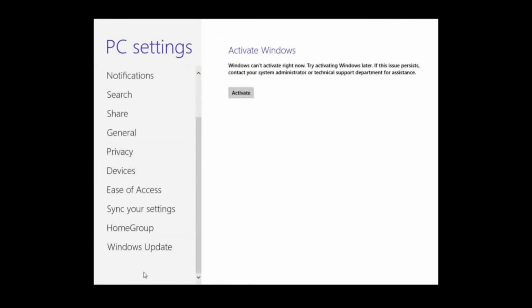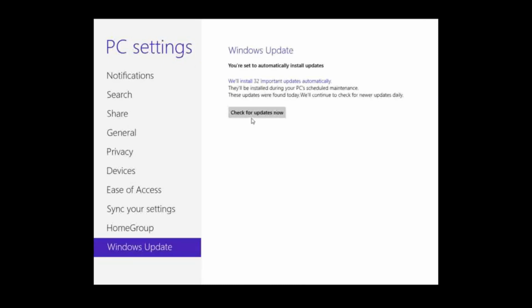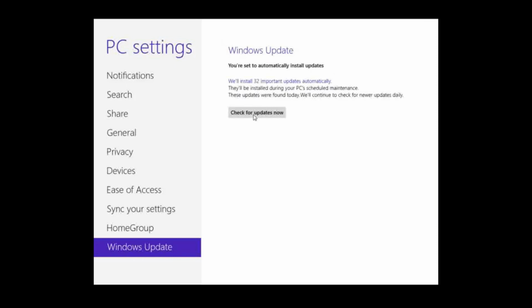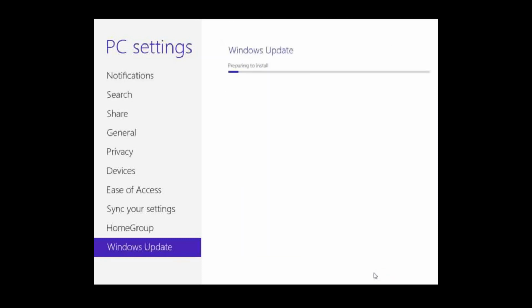You will be able to see the Windows Update option. Click on it. Click on the check for updates now button. It will be checking as per your internet connection. You will be able to see the link. Just click on that active link and click on install, and there you have it. The Windows Update is getting installed.